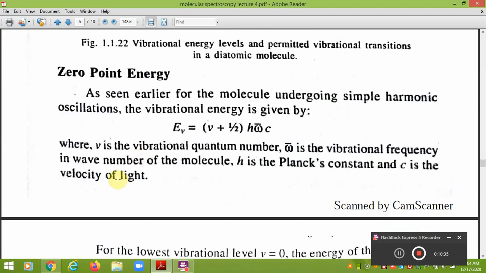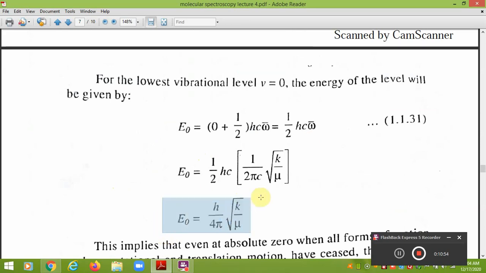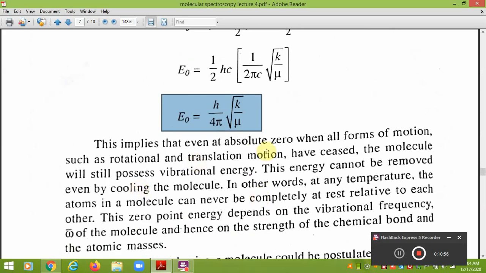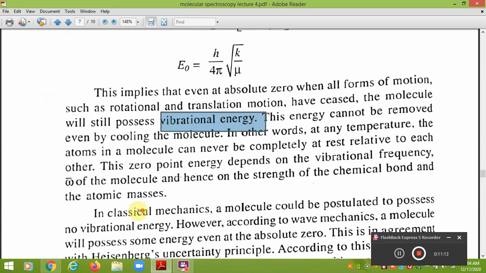So, whenever we put V equal to zero in the vibrational spectra, the energy of the molecule should be zero. But here, as this is the equation for the vibrational energy levels, if we put V equal to 0, then we get this equation. This indicates that even at absolute zero, when all forms of motion such as rotational and translational have ceased, the molecule will still possess some value of vibrational energy, and this energy cannot be removed even by cooling